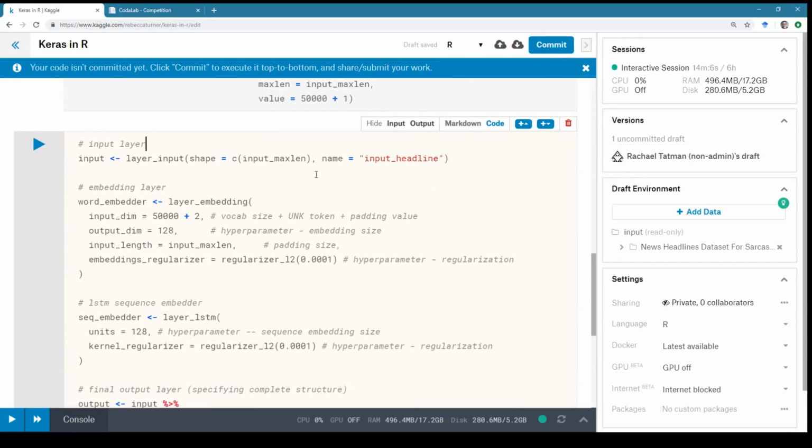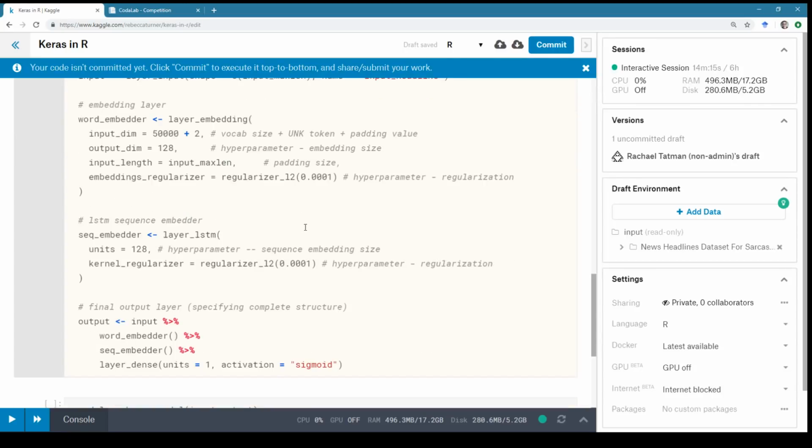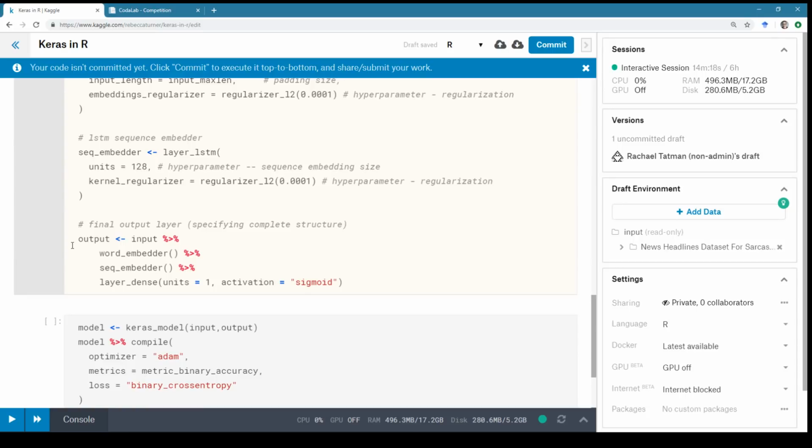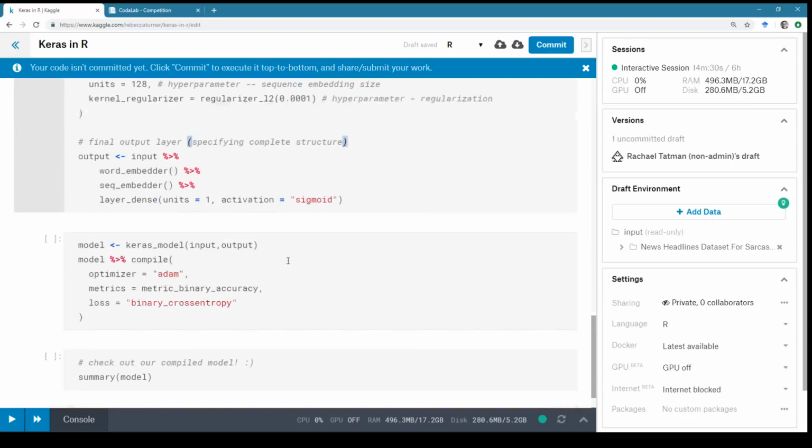It's pretty vanilla now because we've removed the Siamese network part. So we just have an embedding layer and then an LSTM and then a sigmoid output layer, because this isn't sequence to sequence. We're taking in a sentence and deciding whether it's sarcastic or not. So it's classification. So we just need a single value out. And that looks good. And then we specified the actual model.